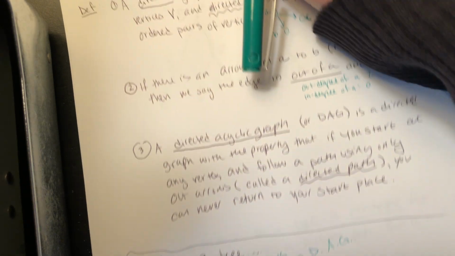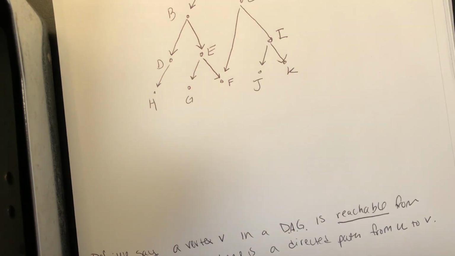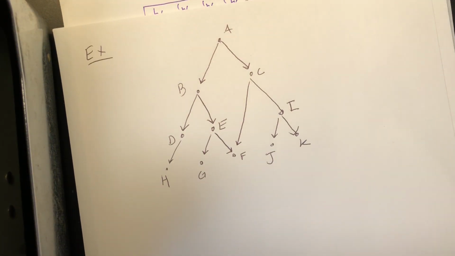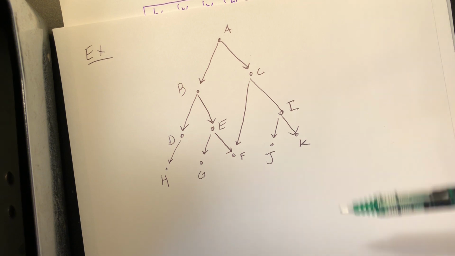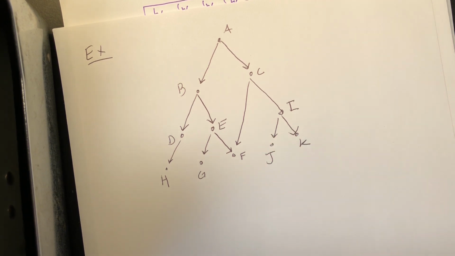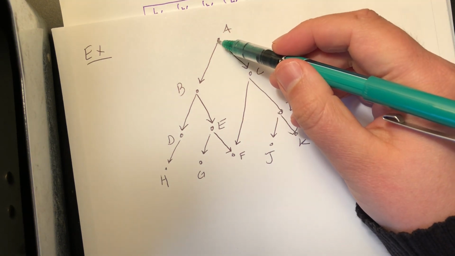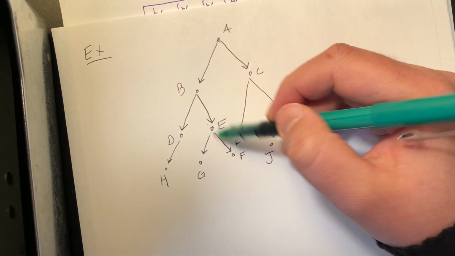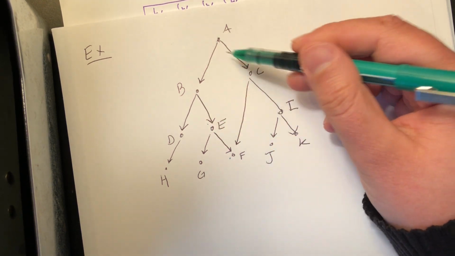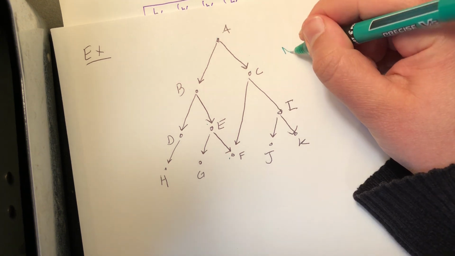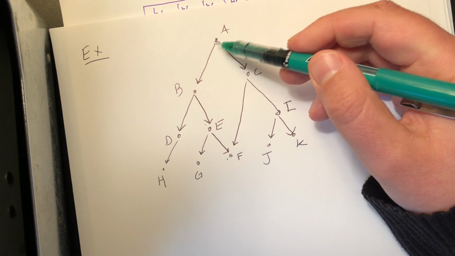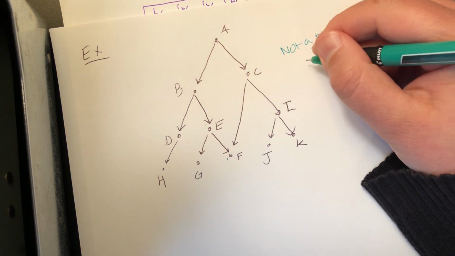You can have a graph that's a directed acyclic graph that's not necessarily a tree when you consider it without its directed edges, right? So this graph, if you ignore the arrows on it, is going to have the cycle A, B, E, F, C, A, right? Ignoring the arrows, this has a cycle, which means this is not a tree. However, it is still a directed acyclic graph,